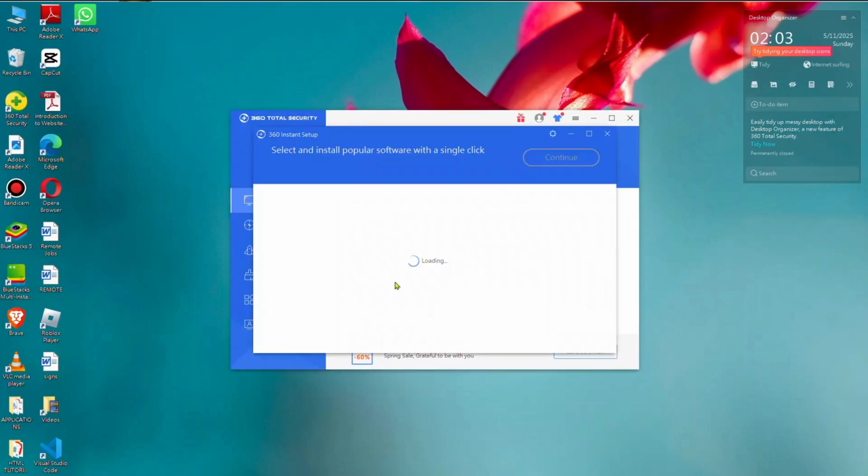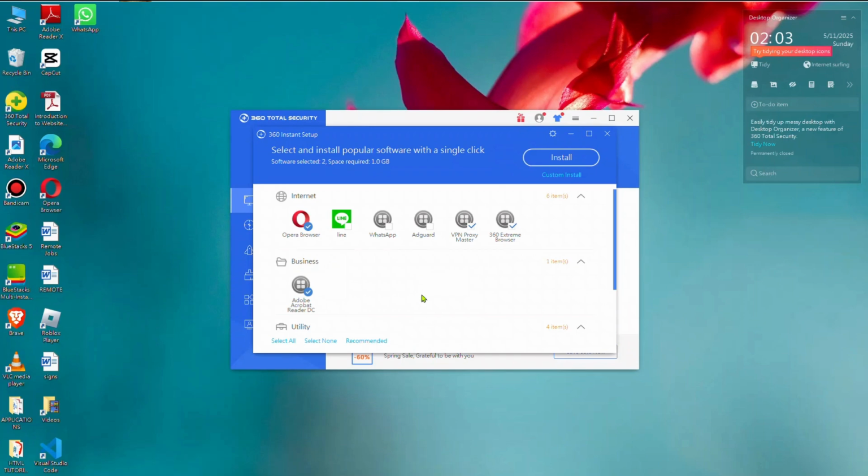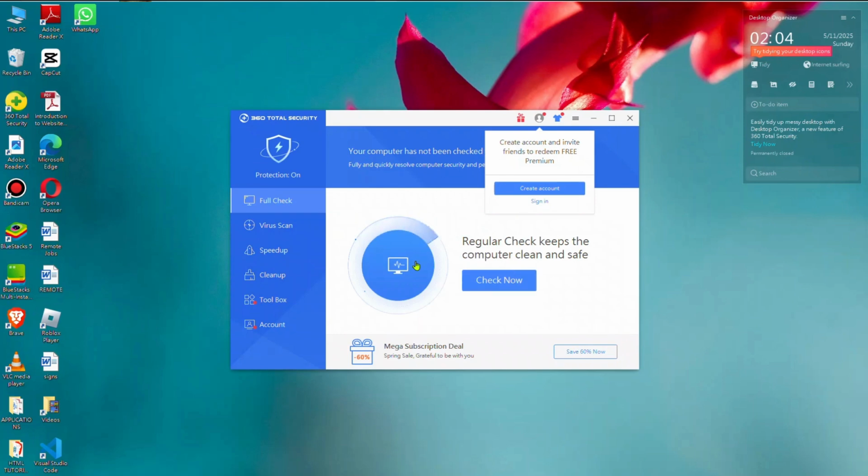You can see, you just open it like this. This is how it is. Let me cancel this. When you install it, it comes with a lot of apps. This is their browser. I'm not going to install all that. Let's cancel this. To run a full check, whether you want to check whether your PC has some malware or virus,